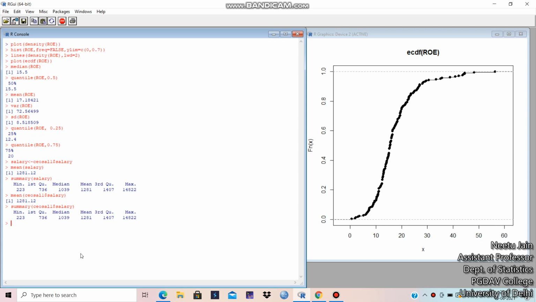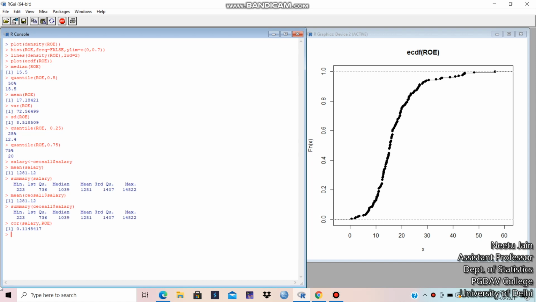Now how to compute the correlation? If you want to compute the correlation between the ROE variable and the salary variable, the simple thing is cor, salary comma ROE. See, this is the correlation coefficient between salary and ROE.